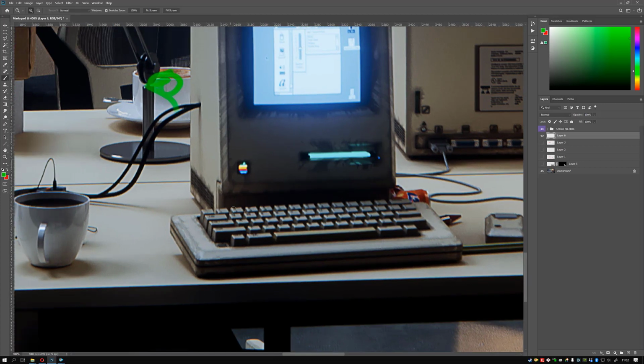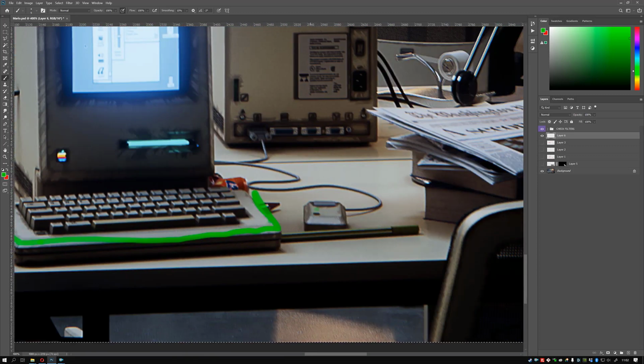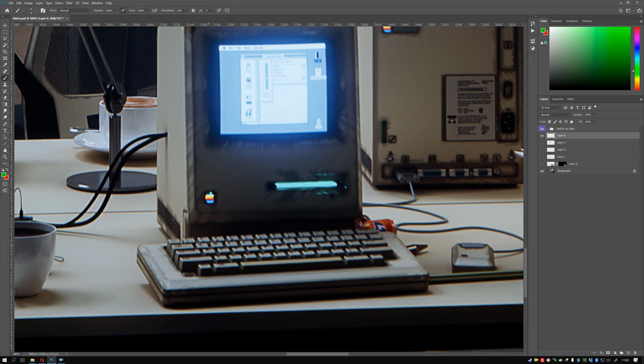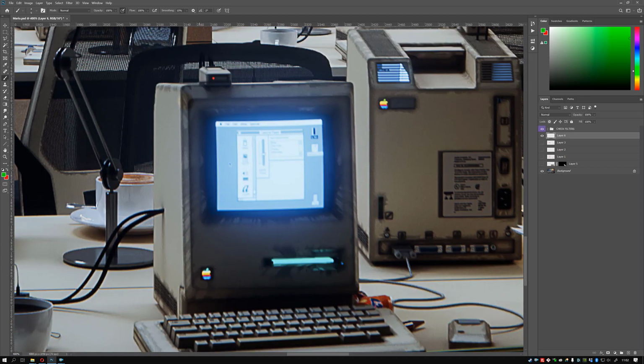If we look at the keyboard here, you can see there are a lot of dirt maps and interesting worn-out effects that are really nicely done and that I really like. It really looks like the shitty keyboard that I had from 20 years ago, so it's really convincing. On the other hand, there's something weird happening with the dirt map of the